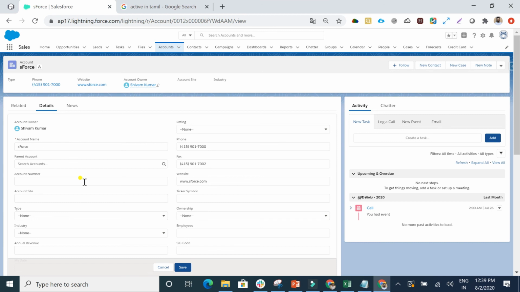This is just the overview of translation workbench, how translation workbench functionality is providing a powerful impact in Salesforce, because certainly we have created an application for our customers, for our different users, for the different regional aspects for them.